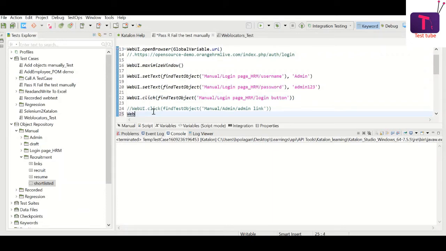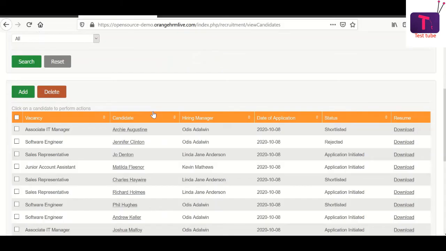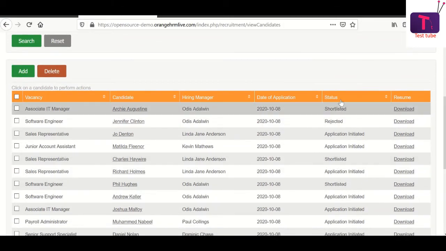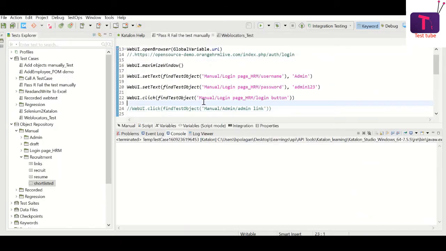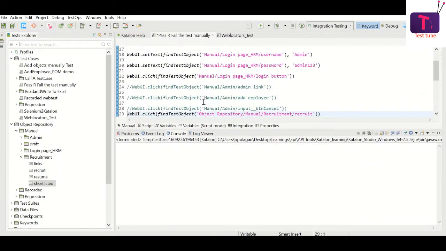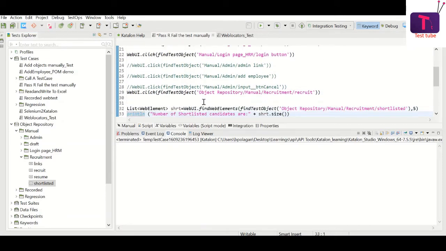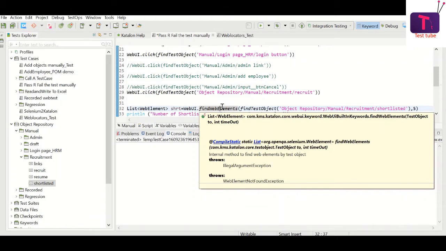But what is the equivalent for find element and find elements in Katalon Studio, which will help us do the validations we are discussing here? That keyword is nothing other than find web element and find web elements. These are the two equivalents for find element and find elements in Selenium WebDriver.